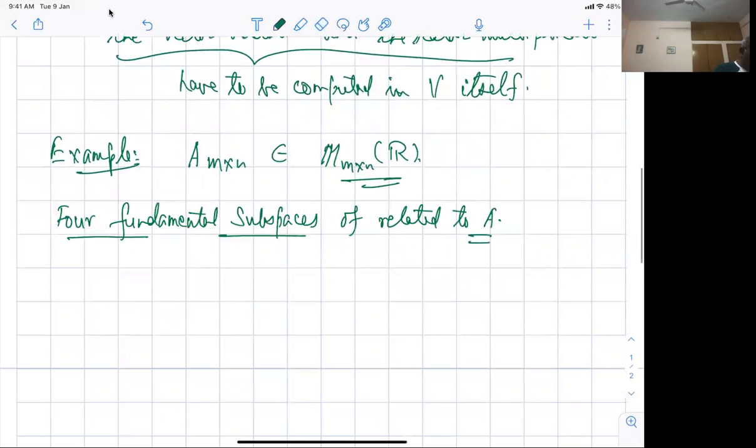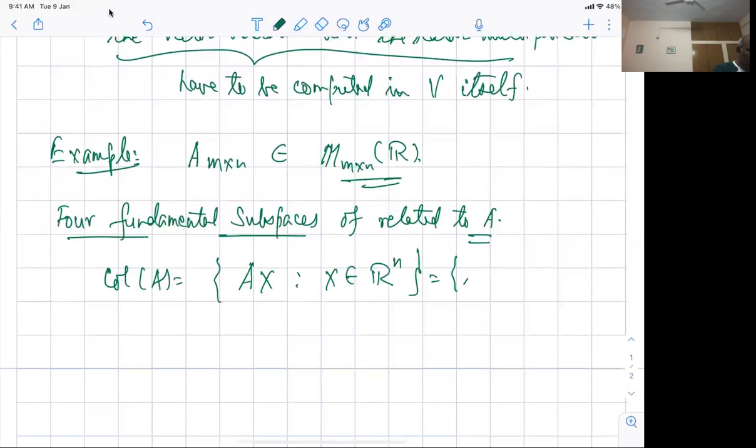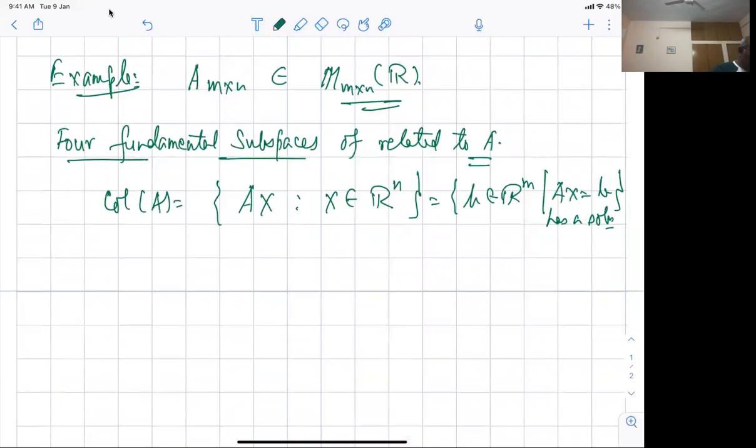All right. So what is called the column space of A, which is equal to all AX, where I'm allowed to multiply AX. I think you'll get confused if I write it like that, so let me write it as AX, X belonging to Rn. Fine. So I wanted to write it as all B belonging to Rm, so that Ax equals B has a solution. Whatever way you want to understand, you can write it this way. Fine. Then there is a notion of what is called the null space of A, which is